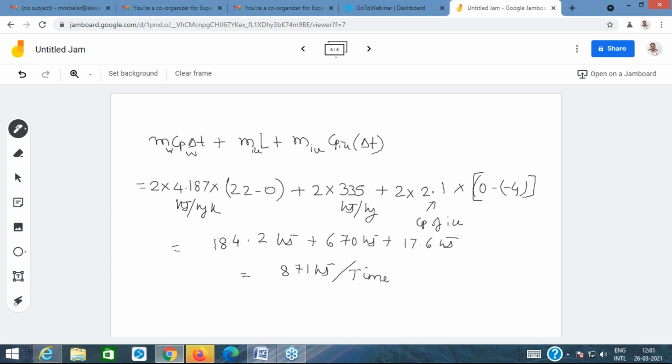Similarly, the compressor work we would be calculating again. Compressor work during the ice formation test, you calculate kWh final minus kWh1, that is initial, that is the energy meter reading final minus energy meter reading initial, upon time. So this way one can calculate the compressor work, and let me give you the values directly.